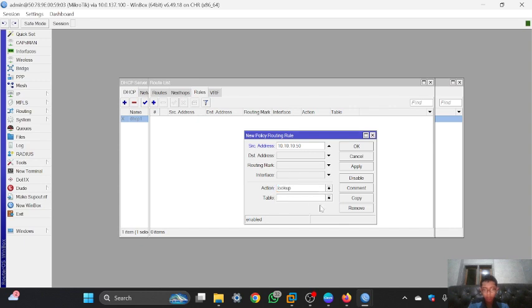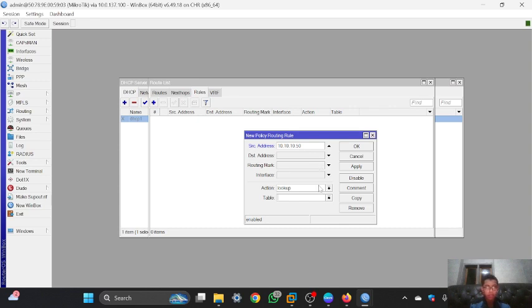And for the table, it is defined that if VPC1 wants to connect to the internet, the MikroTik router will see the table. So you will see that when VPC1 connects to the internet, it is using which ESP.